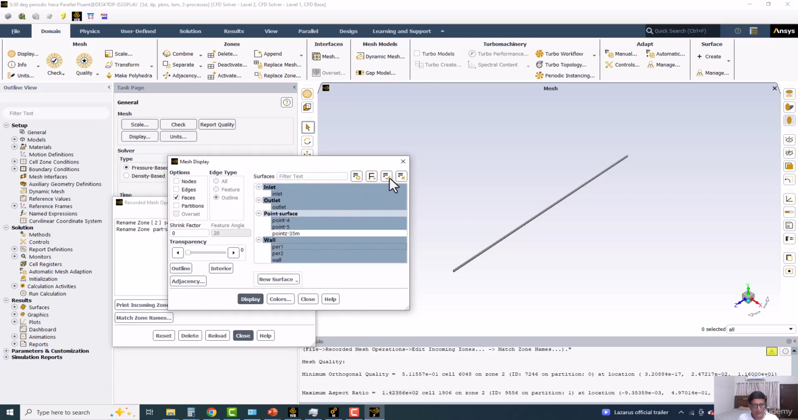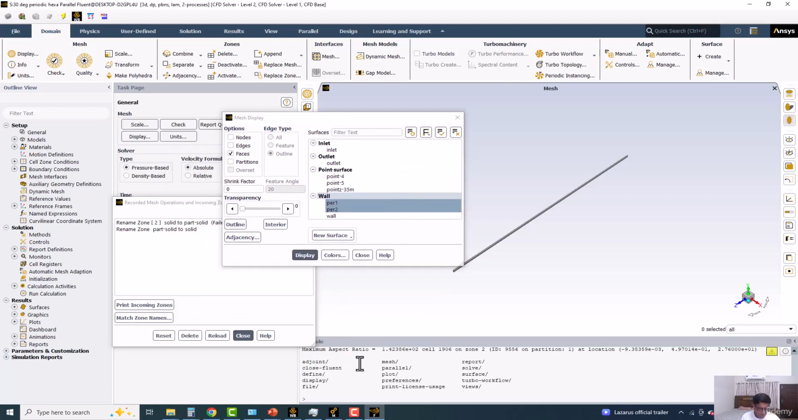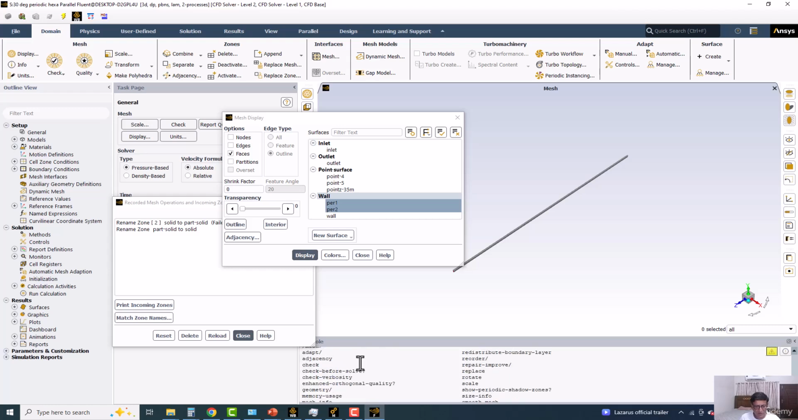Okay, so here they are like a product. They should be product, but right now they are walls. So I will use a mesh and modify zones, and the command is create periodic. Okay, so create,